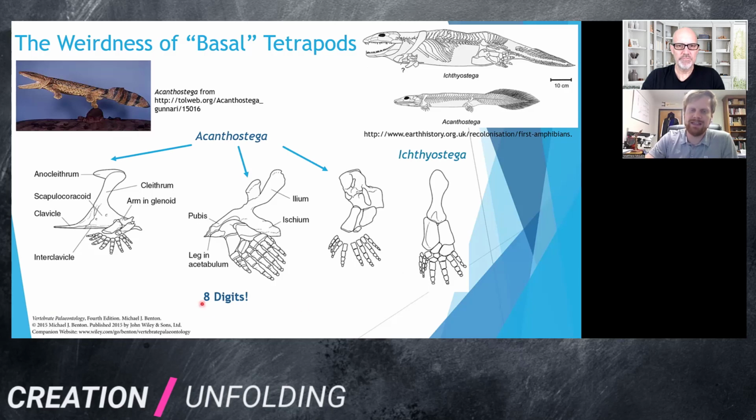So Acanthostega has 8 fingers, 8 toes. Ichthyostega has 7 toes. We actually don't have a full hand preserved of Ichthyostega, so we don't know for sure. Probably had 7. But yeah, that's a little bit strange, right? But your problem is, if we go back to the last slide,